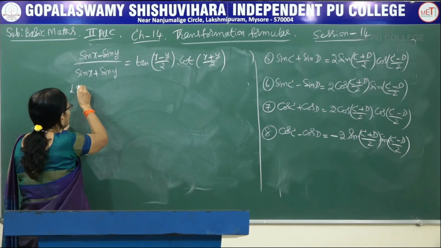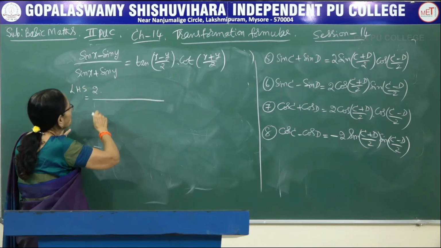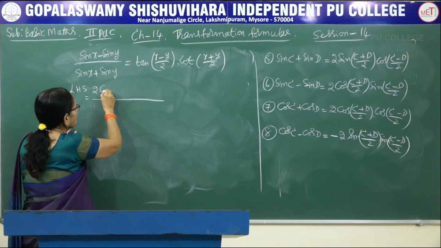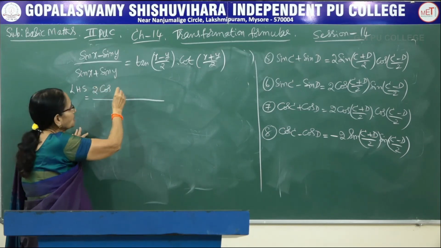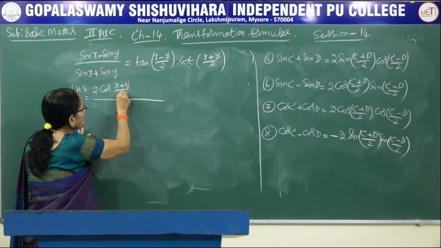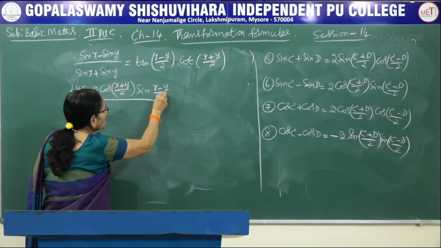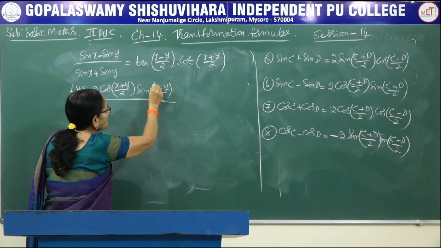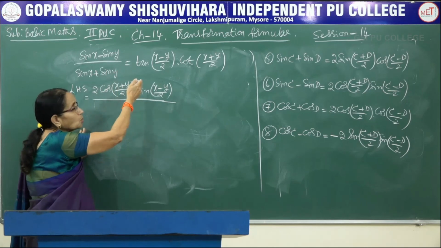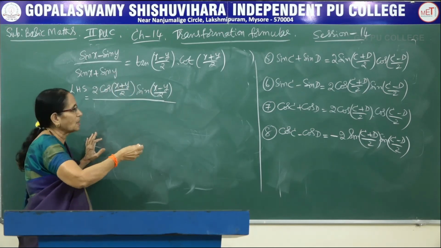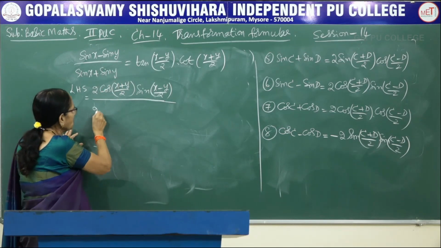So let me start with the left hand side and write the respective terms. Sin c minus sin d, that is 2 cos, in the place of c and d I am having x and y. It is 2 cos of x plus y by 2 into sin of x minus y by 2. See, no simplification at all. Directly we are getting that one. Suppose you have 2a, 3a like that, we should have added and divided. Here it's only 1x and 1y. So no question of simplification.